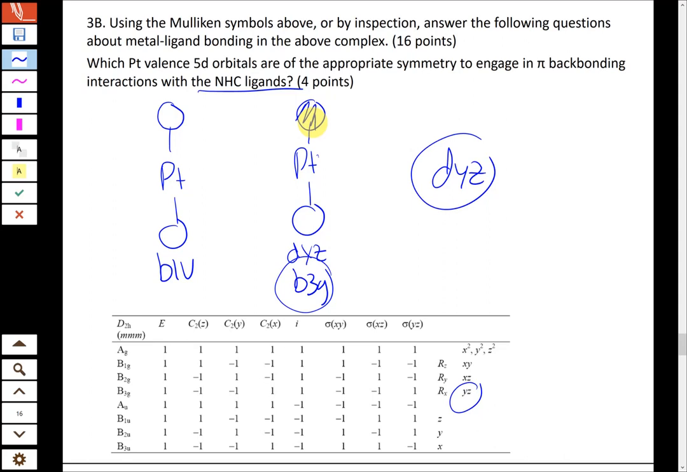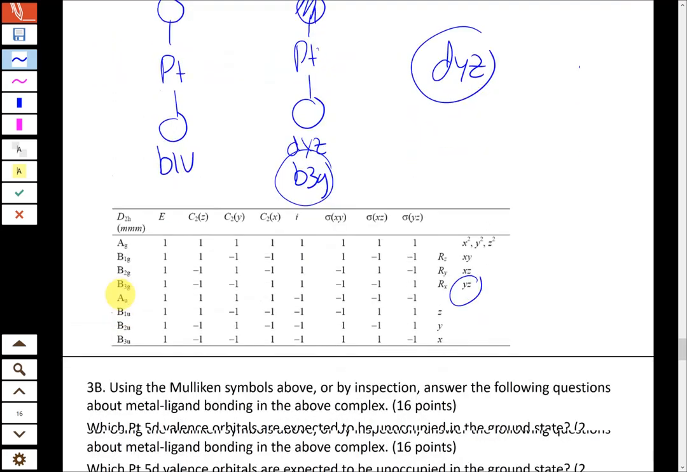So the only difference with the NHC ligands at the top is that they don't have an additional pi orbital in this direction that would be able to interact with, in this case, the XY orbital. So there's no interactions with the XY orbital because there's no pi orbital on those ligands that face that direction. So there's only one set, so it only interacts with DYZ in that case. All right, and then finally we want to know